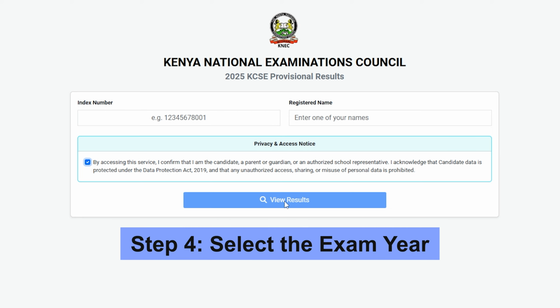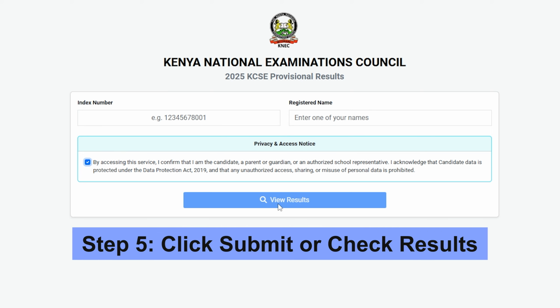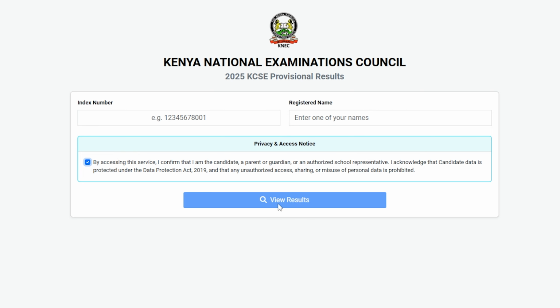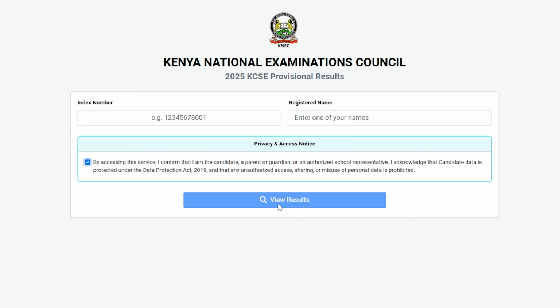Step 4. Select the exam year that you sat for the KCSE exam from the drop-down list. Step 5. Click Submit or Check Results. After confirming your details, click on Submit or Check Results. Step 6. Your KCSE results will appear on the screen showing subject grades, mean grade,